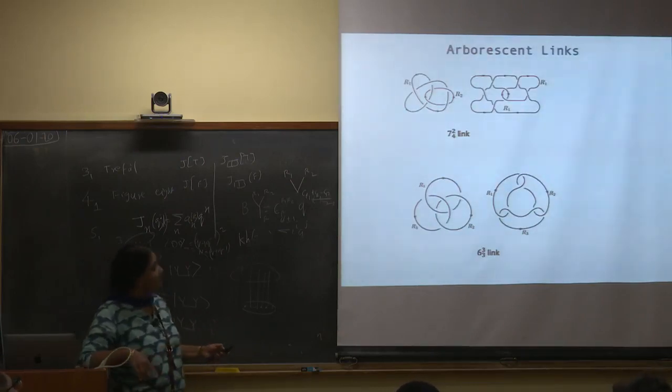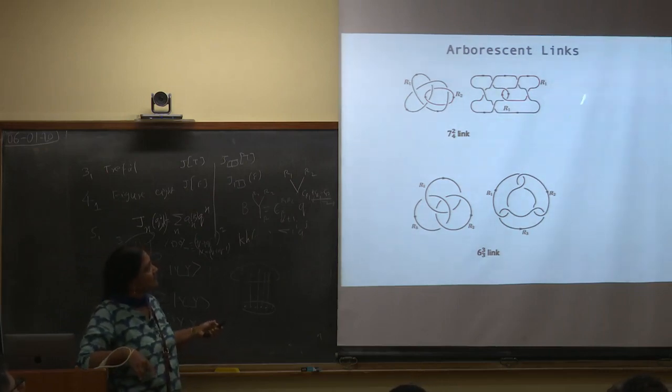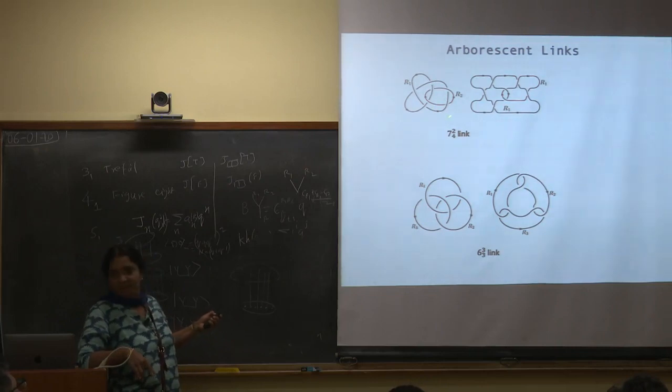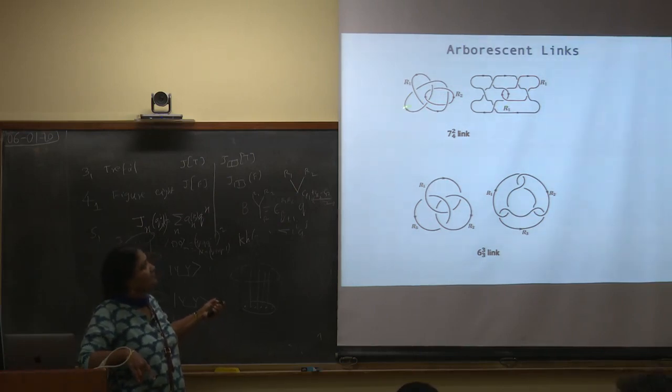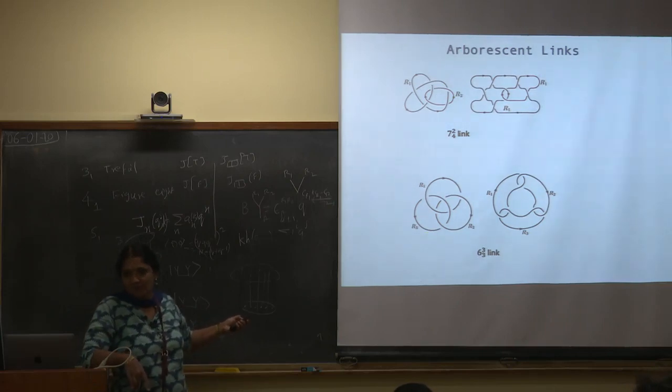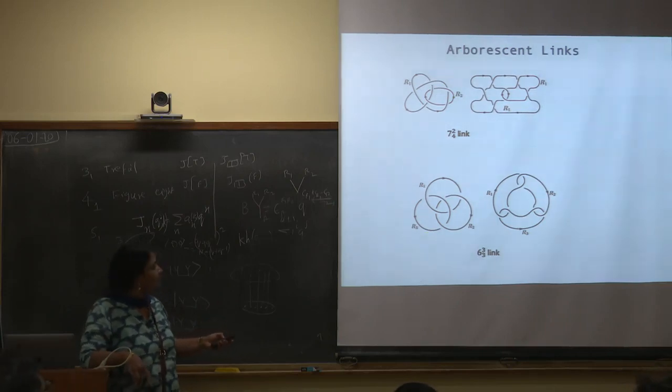And then there are links, and these are also interesting in the sense that we could now look at entanglement between different components. I put 2 different colors: it's a 2 component link and a 3 component link, and you can work out entanglement issues amongst different components within the Chern-Simons field theory framework.